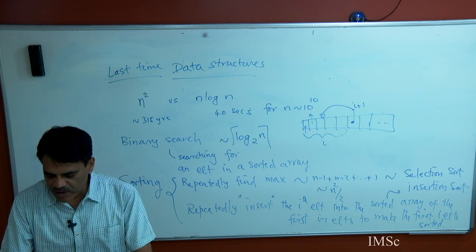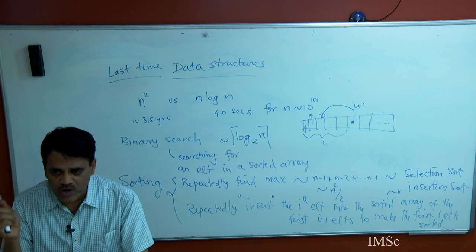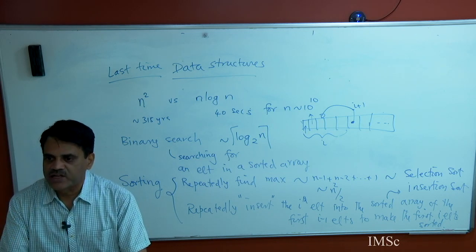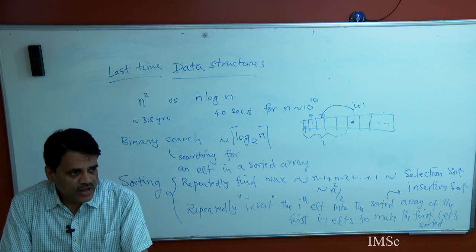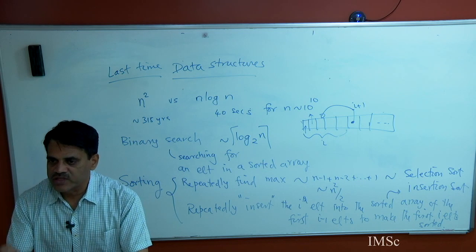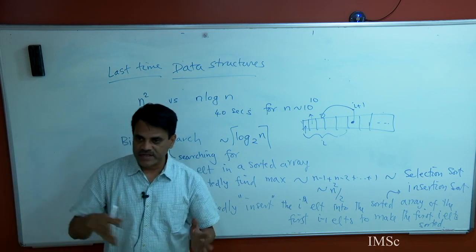For example, I give you a list of elements, and the only operation I care about is, given a query element, is it in the array or not, is it in the set or not. Then the best way is to just keep the array sorted, and that is a data structure where you can search in logarithmic time. But if I also want to occasionally insert an element,